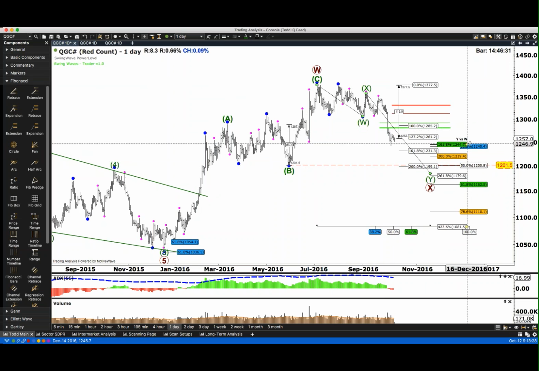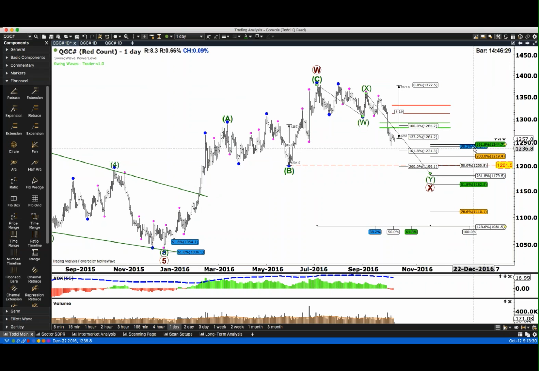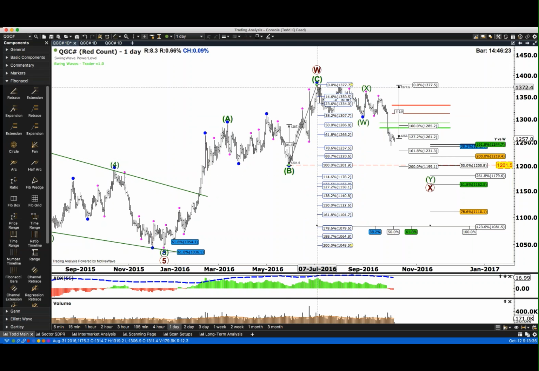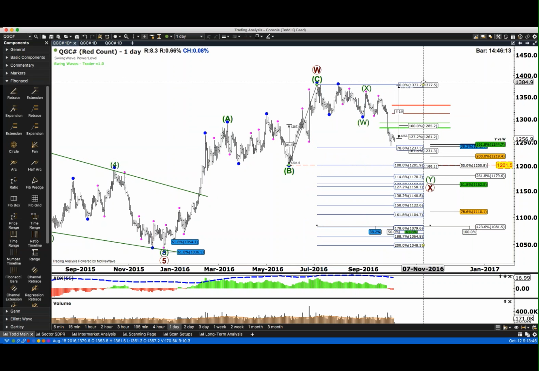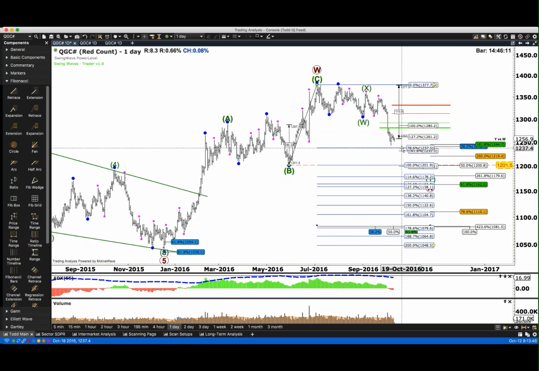Also, those are little fib projections of W and Y. And then I just want to do a little fib retracement of this move up. The only thing I'm worried about is 786. That's the line in the sand. 1237 is key in the gold futures. If you break 1237 today, you're probably going down much lower. And there's a lot of extra fib in here we don't need. To the 1272, 1158. That's going to be a big focus.